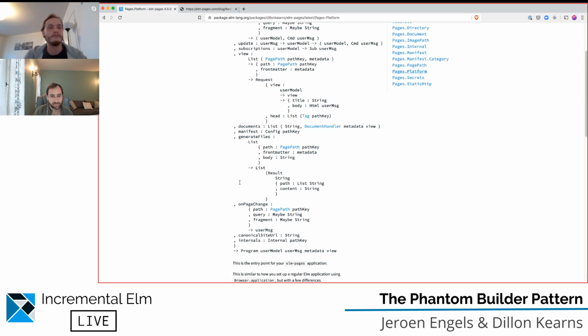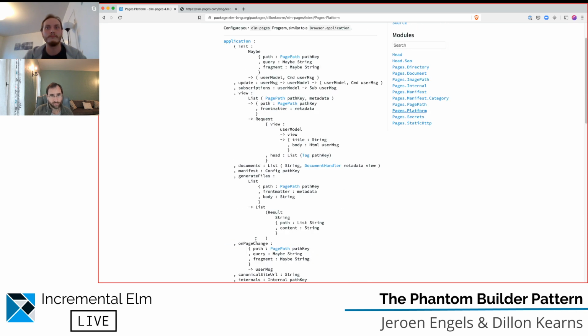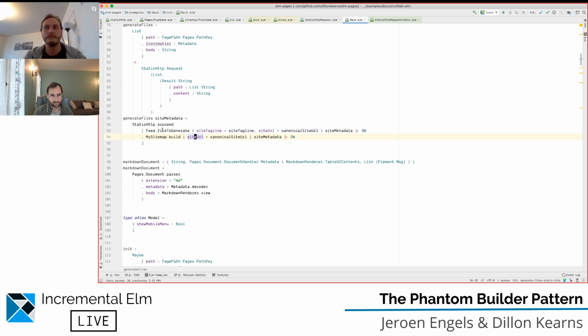We've got all of these options that you can add on. What I'd like to do today is, I think it would be really cool to have a way for people to build packages for Elm-pages so they can extend it as plugin authors. So for example, for an RSS, right now we're saying